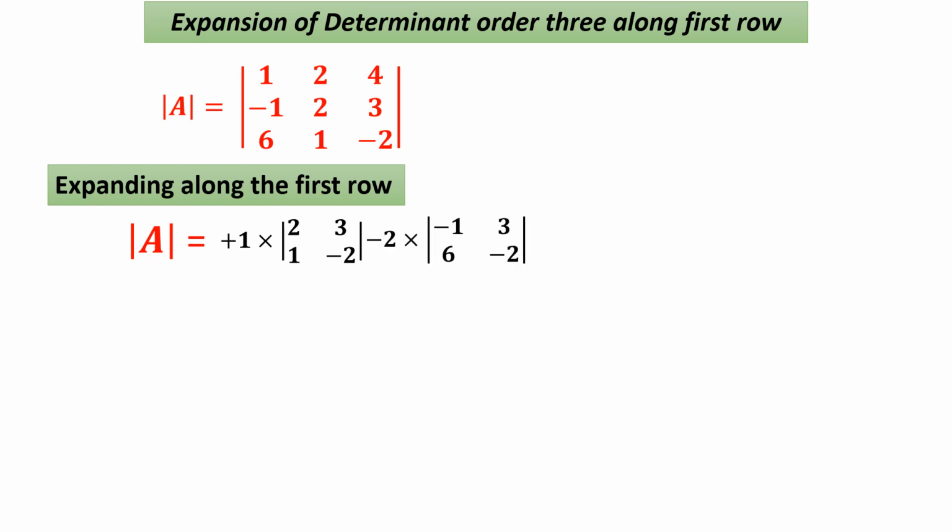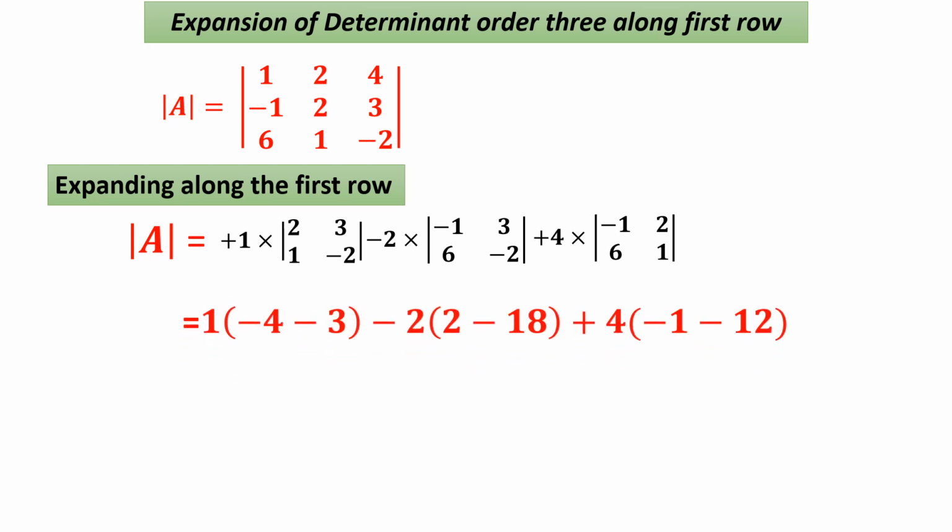Okay. Then again plus 4 multiplied by the determinant obtained by removing the first row and the third column. You got it now? Very simple. Now you simply expand it. Be careful while you are expanding, minus into minus plus. You should be very careful because these are all simply numbers. The final answer should be a perfect number.